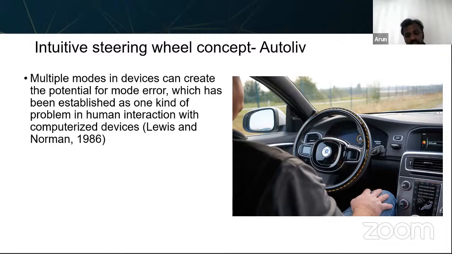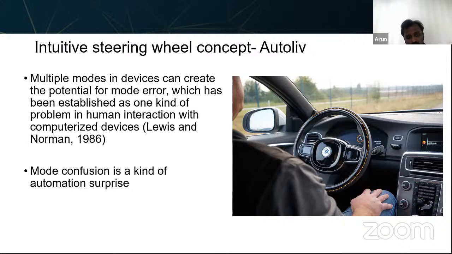That's where you have a problem when you have a system with multiple modes. So we need to provide clear, distinct information to drivers about which mode the vehicle is currently in. This was quite evident in the aviation industry when they introduced autopilot features. Pilots started thinking that the aircraft was in autopilot, but actually it was in a manual mode. They had some problems when they introduced it, and the same thing will happen with automated vehicles when we start introducing these features.